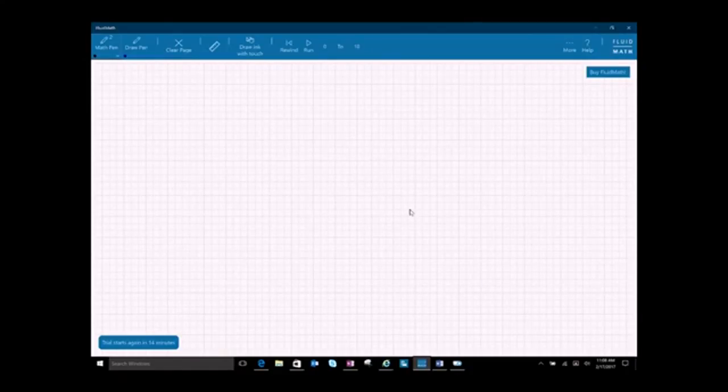It's called Fluid Math. Right now, this is just a trial version. If you're interested, on your Windows 10 device, if you have inking, you can use your keyboard on this as well. It's just not as fun of an experience. But you get a trial that you can just keep restarting over and over again, or you can purchase it as well. But what they've done here, and again, apologize for my lefty here,